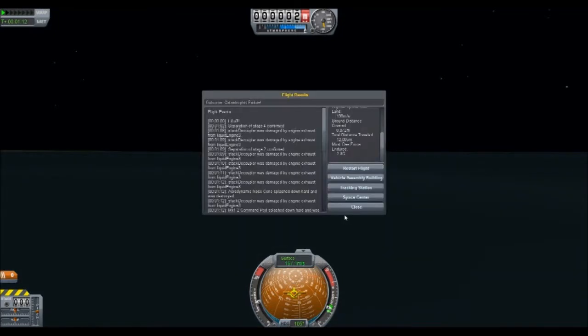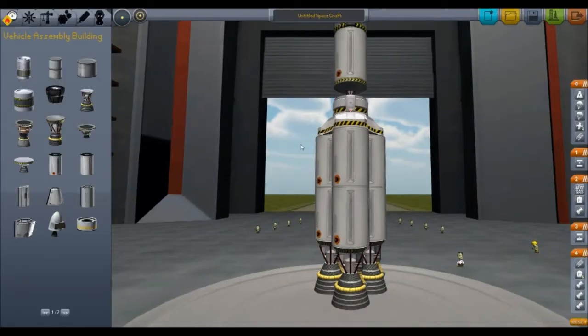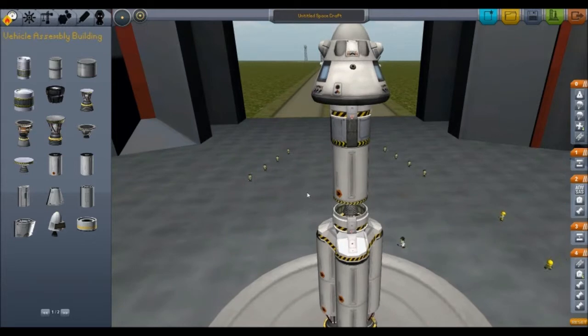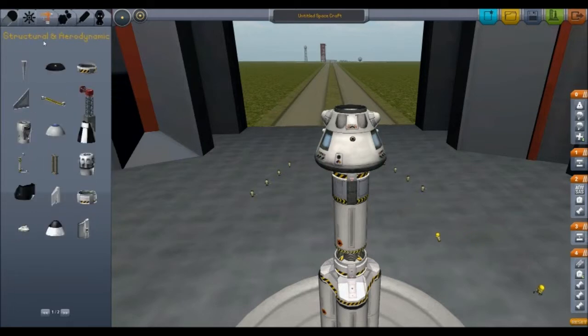Oh well. Three more lost souls, but there's plenty more where they came from. They're queuing up outside the door. Right, what can we do? Let's get rid of that nose cone. I noticed that we had on here